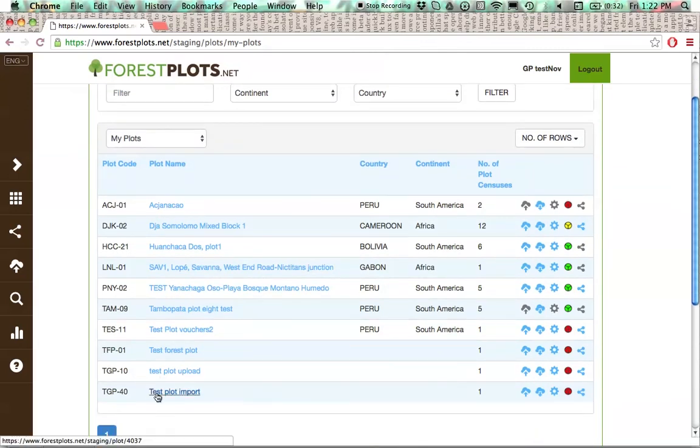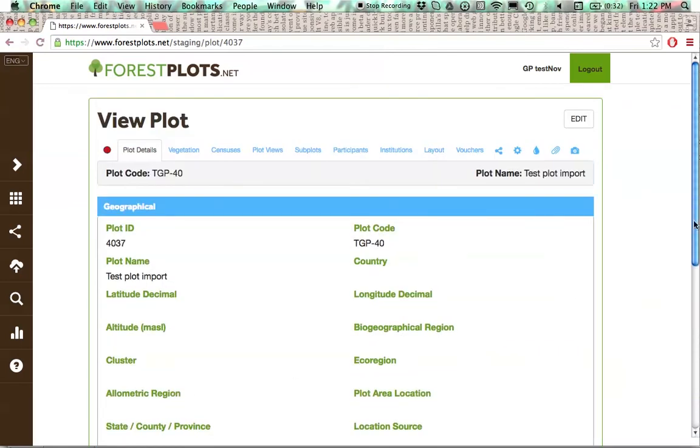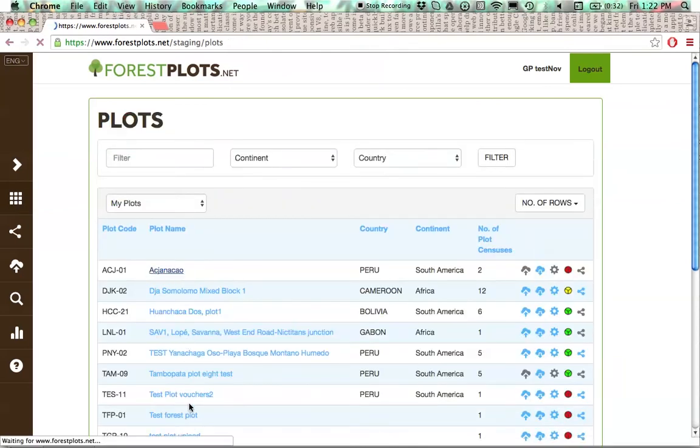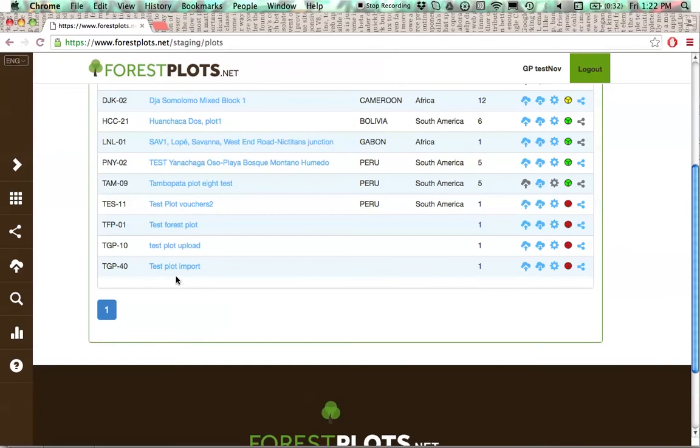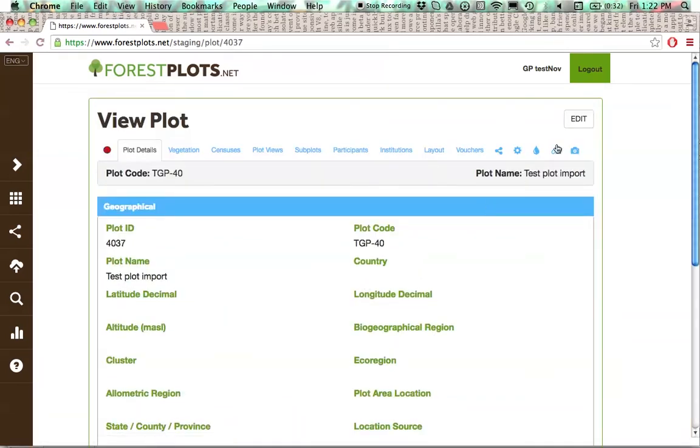Finished. New plot has been imported. So we click finish and it should now appear in your My Plots list. So here we are. Now we need to remember to enter all the metadata that we missed at the start. So we go into our plot name in our plot list